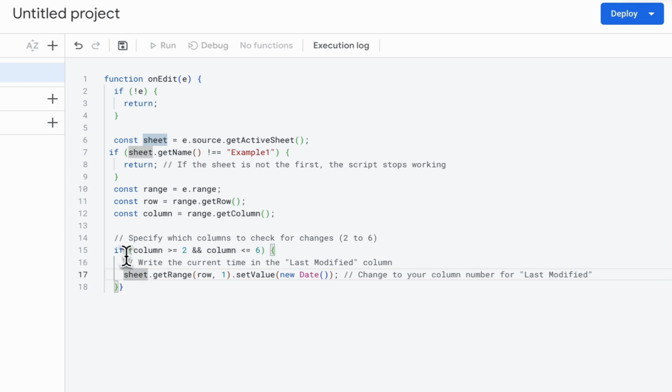Now we'll define the conditions under which our script should execute. Based on our data, we know that the relevant information is in columns 2 through 6. Therefore, we specify that if the column is greater than or equal to 2 and less than or equal to 6,